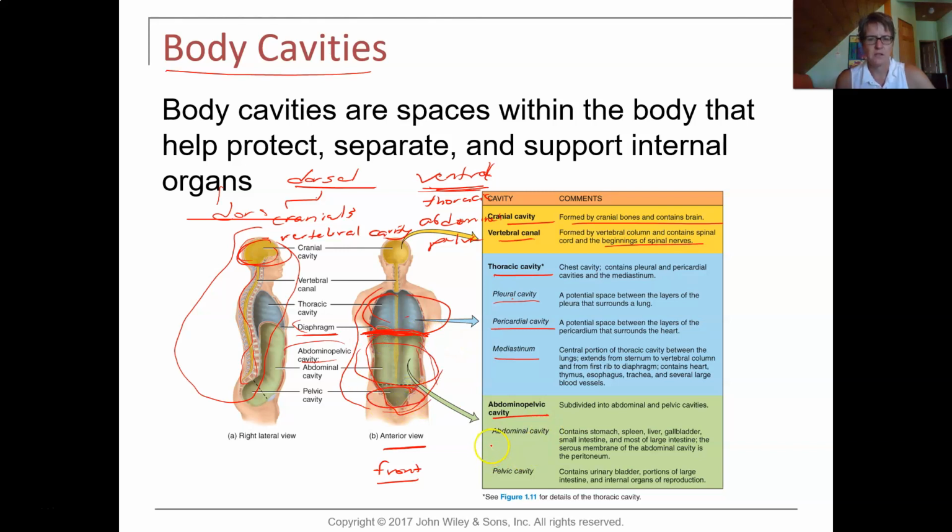pelvic cavity. So the abdominal cavity has all your guts, not really that well protected, right? Because you can punch me in the belly and you'll hurt me more than you'll hurt your hand, but don't do that. I don't think I'd like it. And then the pelvic cavity, which is a little more protected, has your bladder and internal organs for reproduction, like the uterus and the ovaries, and some of the male, like the prostate gland, some of the pathways are